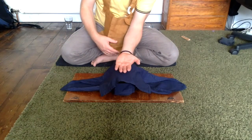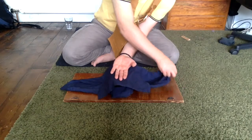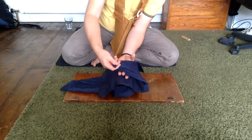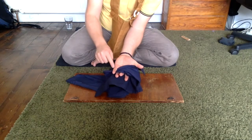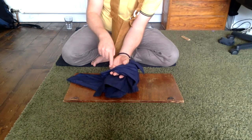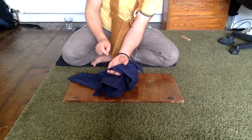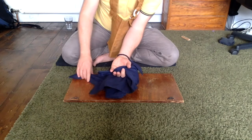Now let's just tie it up. Put your left hand on top. Grab this left wing here. Pull it over. Put your three middle fingers underneath it. So you're holding it with your thumb and little finger. And these three fingers are underneath. Okay. You're holding it. Then you just